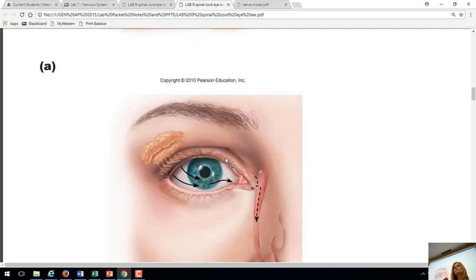We need to blink to keep our eye moist. We need tears to keep our eyes moist. My son is on a medicine, a powerful medicine, maybe you've heard of it, Accutane, for acne, and it dries up everything in your face really bad. So he came upstairs one time and his eyes were blood red. And I thought, oh my gosh, what's wrong with you? And then I just realized this medicine dries out the eye really bad. And if you don't have enough moisture in the eye, it's damaged quickly. So we ran out and I bought him some eye drops and he uses them throughout the day and now